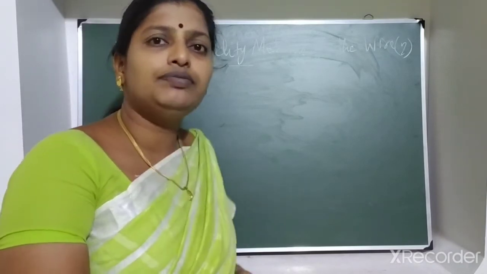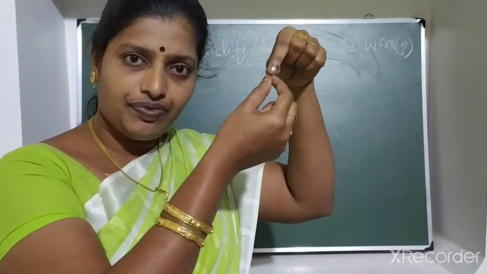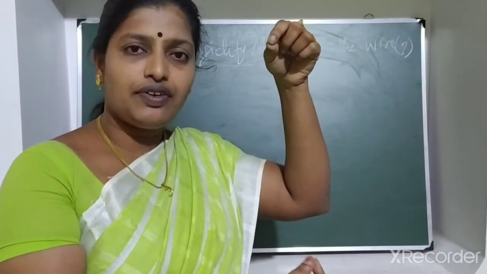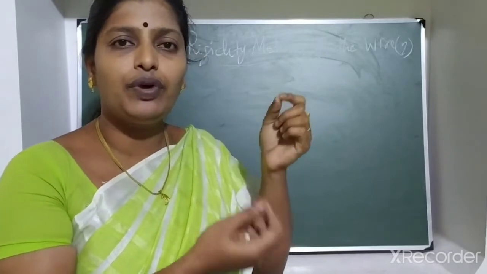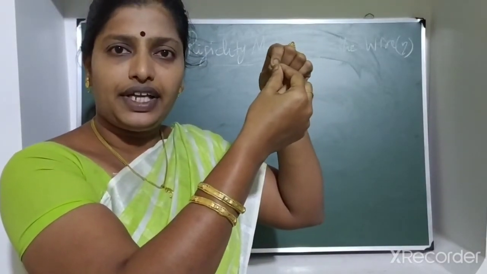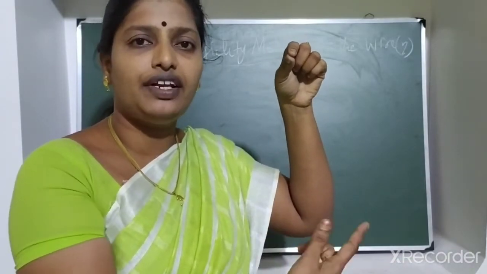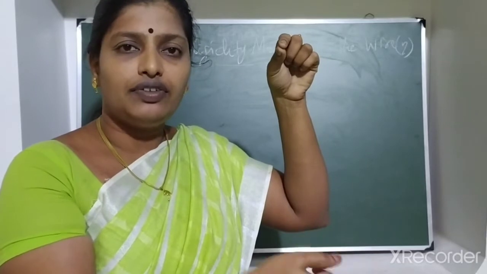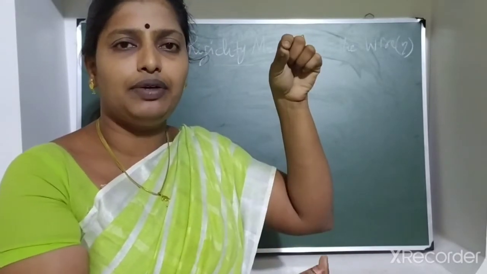What do we mean by pendulum? One end is fixed, another end is freely rotated. You take a steel wire or brass wire, any one wire. One end of this wire is fixed at the point A, and the other end is freely rotated, freely moving left to right, or to and fro, front to back. Okay, this is a pendulum.